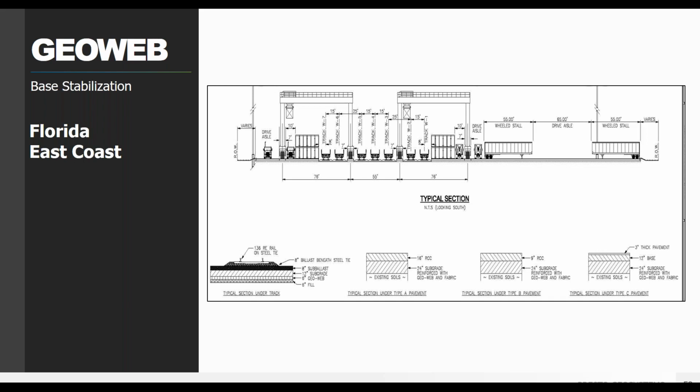So the original solution had a GeoGrid option, needed that expensive limestone. We were able to switch that to the GeoWeb system, able to use sand infill, saved a significant amount of money in construction time. And then the second big function was the ability to control short and long-term differential settlement to extend the lifetime of the pavement.